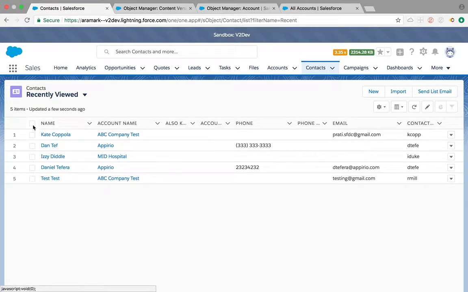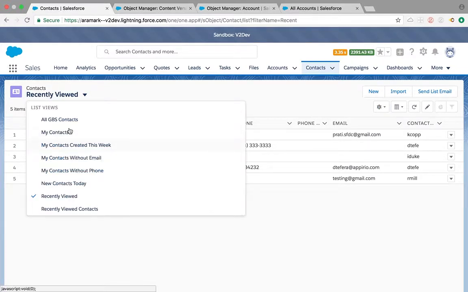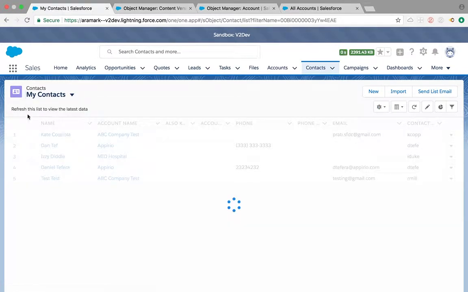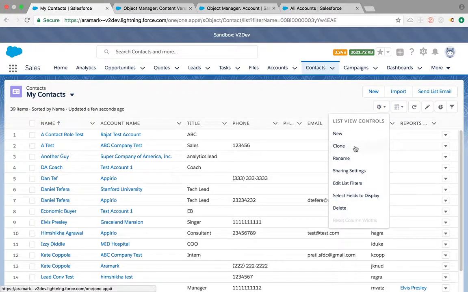Another feature is, let's go to one list view, my contacts. You're able to clone or rename your list views right from this little gear icon from here. So you're able to clone, let's say there's a list view your users really liked and they want to